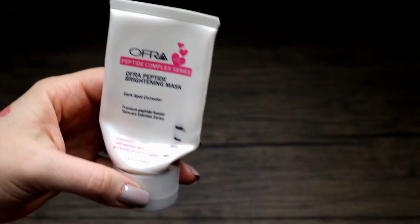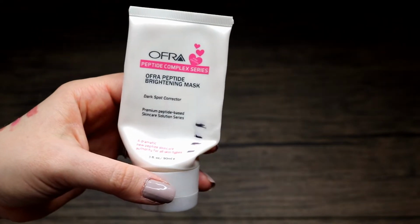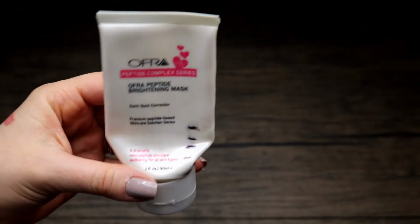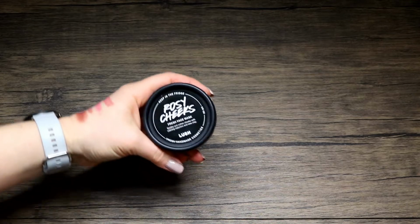I tried to use it yesterday, and unless I cut it open, I might be able to get one more use out of this. And I might cut it open just because, why not? But still, one or two more uses. So I am going to go ahead, because I mask pretty frequently. This one's going to be done by the next update, so I'm going to swap in another mask to the